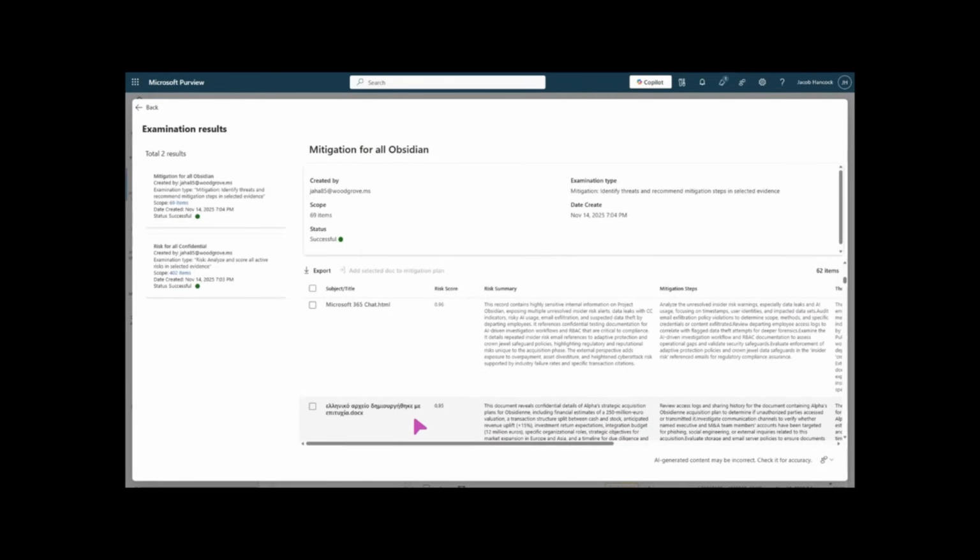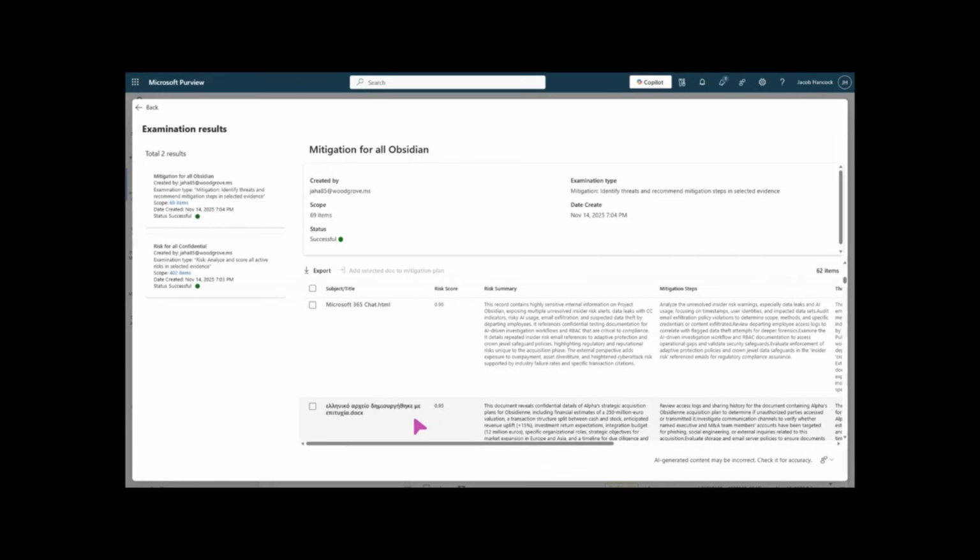So here what you're seeing is the output of that analysis. Literally we grabbed every one of those documents, whether it's 69 or 1,000, it doesn't matter. And then we did a deep content analysis for each one of those. So here, for instance, we've got a document in Greek. You can see a team chat right above. We give you a risk score. We give you a risk summary in your preferred language. So again, it doesn't matter what the source is. We can give you reasoning over it.